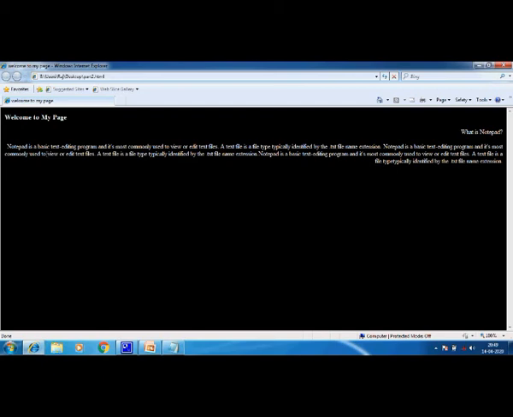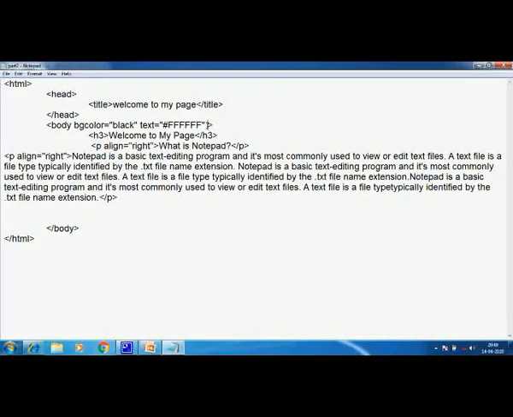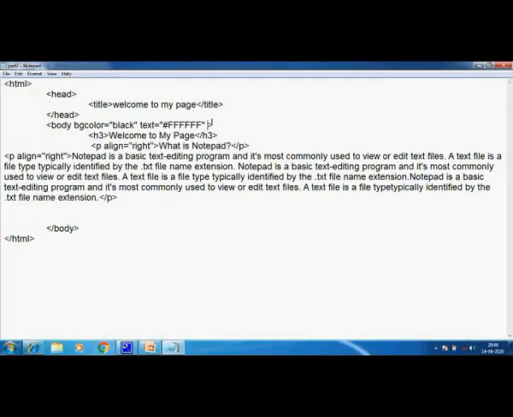Now children, I'll have over here two more attributes of the body tag, and they are very important. That is my margins: left margin and top margin. I'll set the left margin to 60.